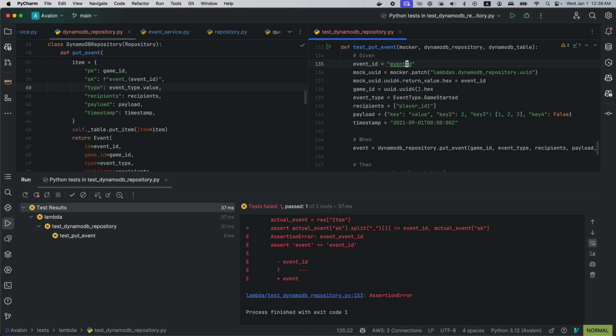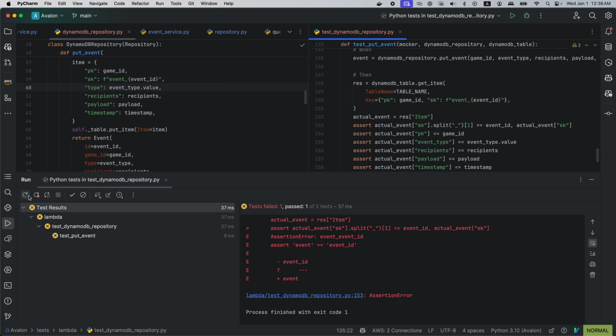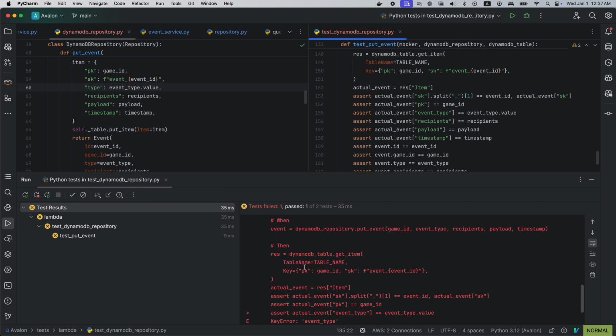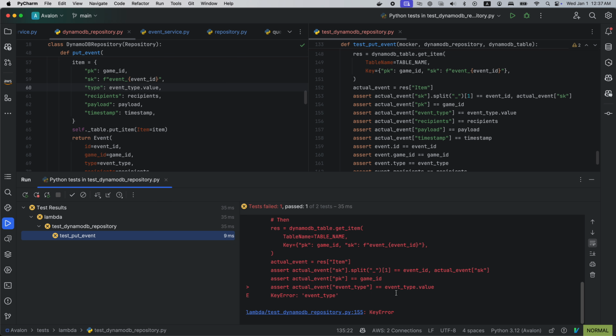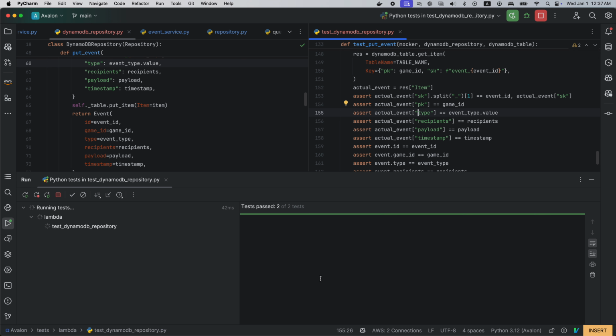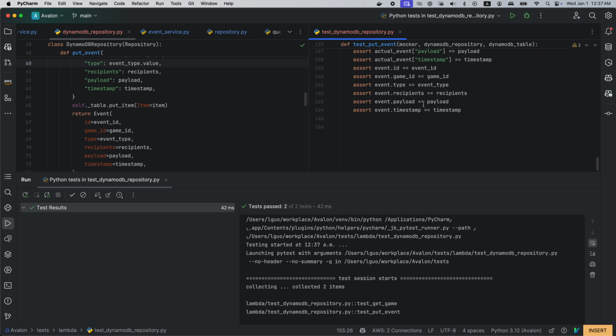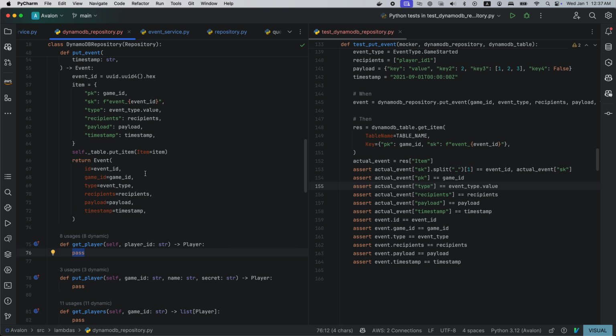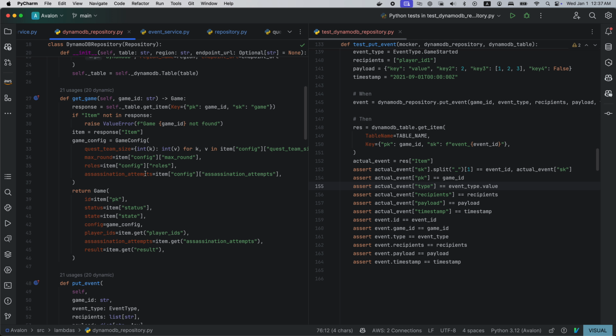See, this is the problem using fake things. Oh, type. Yay, okay, cool, everything passed. Wonderful. So now we have got player. So it's the same thing. Let's copy paste this one.